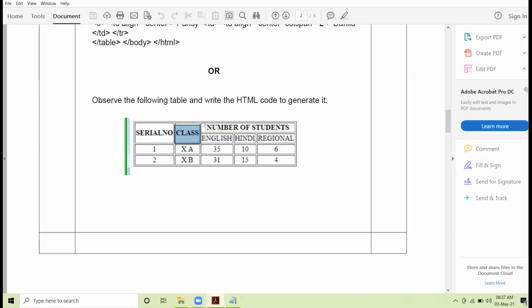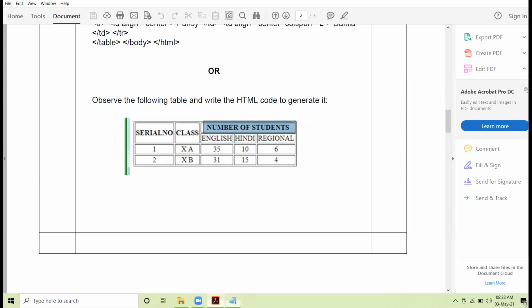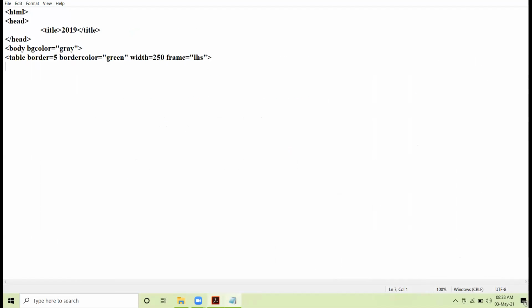And the third cell is spanning across 3 columns, and it is moving in the horizontal direction. So this is the case of col span. So here I will take frame equal to LHS. Any caption given? No caption has been given.